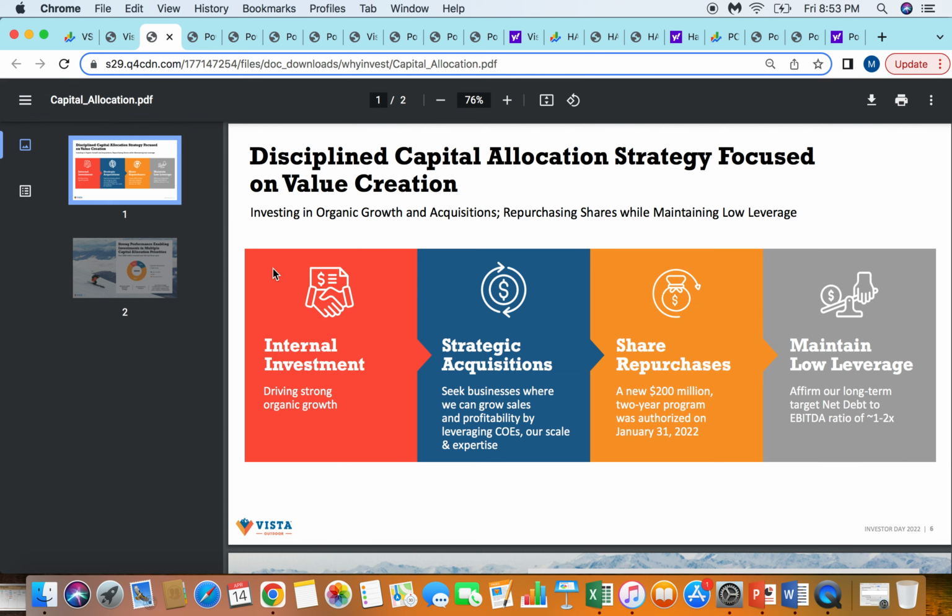They're saying out of their 4 buckets, they have internal investment, making investments where they think they can drive internal organic growth, acquisitions, share repurchasing, and then maintaining low debt leverage. So those are pretty standard areas to allocate capital to. It looks like they don't pay a dividend, so their shareholder capital returns really come via share buyback. So we'll take a quick look at that. But what we'll see a lot of is strategic acquisition, even more so than internal investment over the last number